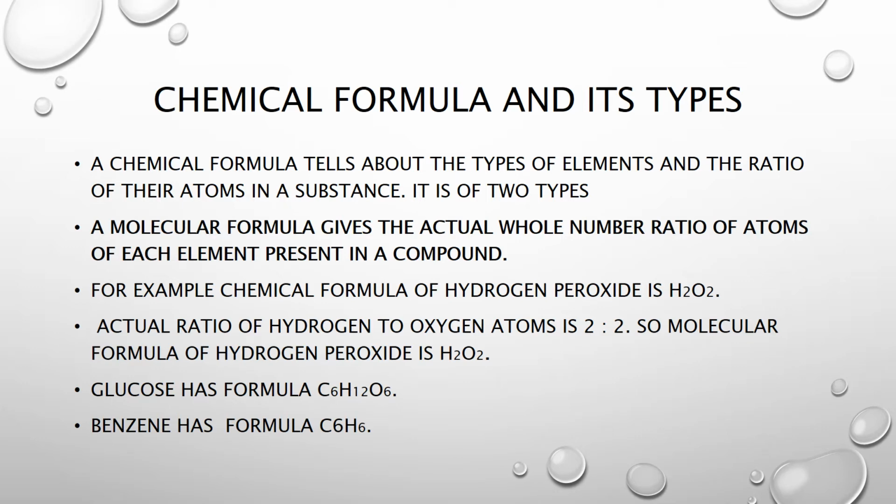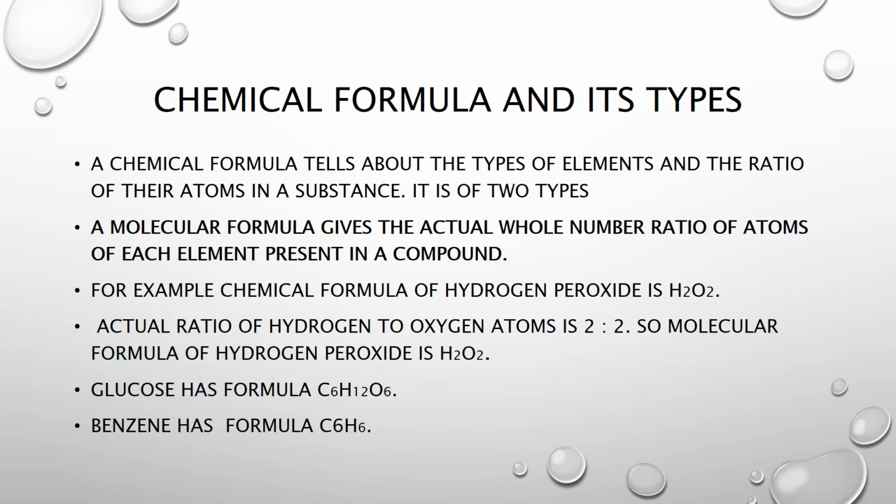oxygen. In the same way, glucose has the molecular formula C6H12O6. This shows that 3 different types of elements are there: carbon, hydrogen and oxygen, and the ratio is 6 atoms of carbon, 12 atoms of hydrogen and 6 atoms of oxygen. They are in the ratio of 6:12:6. In the same way, benzene has the chemical formula